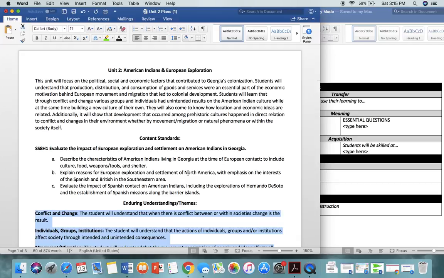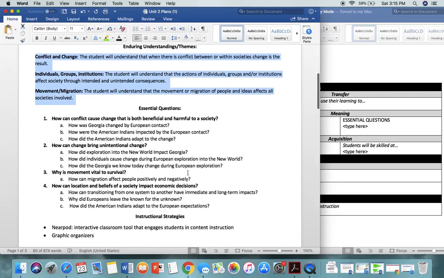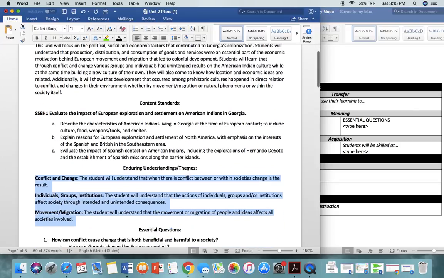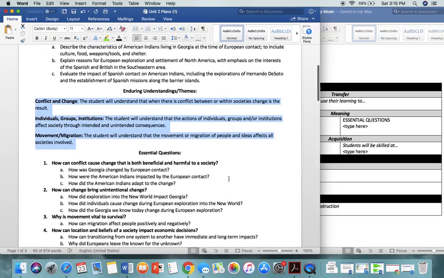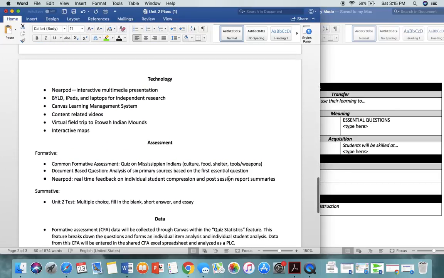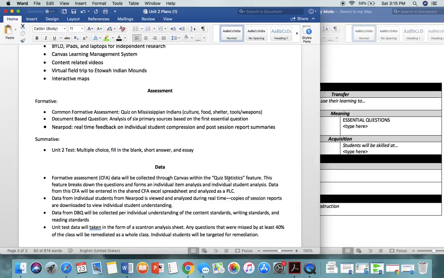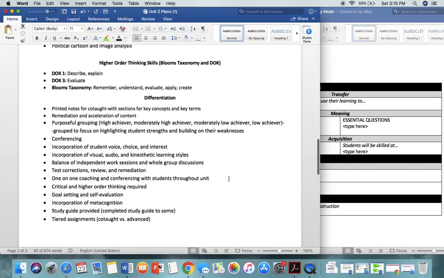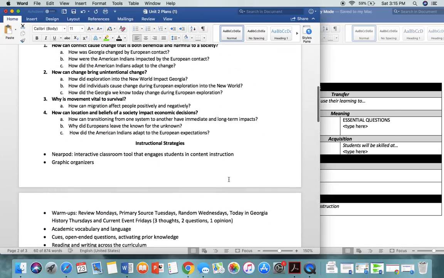Excuse my language, but this unit plan was just something that my administration said, you need to have the content standards, you need to have some type of essential question, you need to have the instructional strategies and differentiation and assessment on there, as well as data. I did that. I sent it to them. Did I ever really come back and look at this? No, I did not. So what I need to do in the future is I really need to, again, start